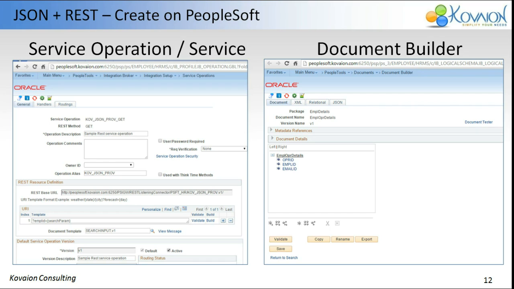And how you can build a JSON. Before going on to the JSON, how you can create it in PeopleSoft, I'll just give a quick session on